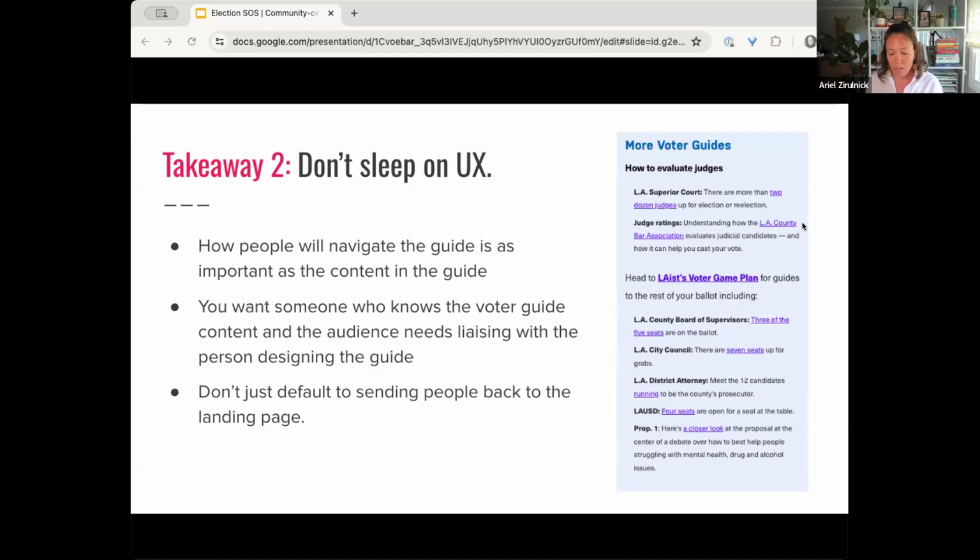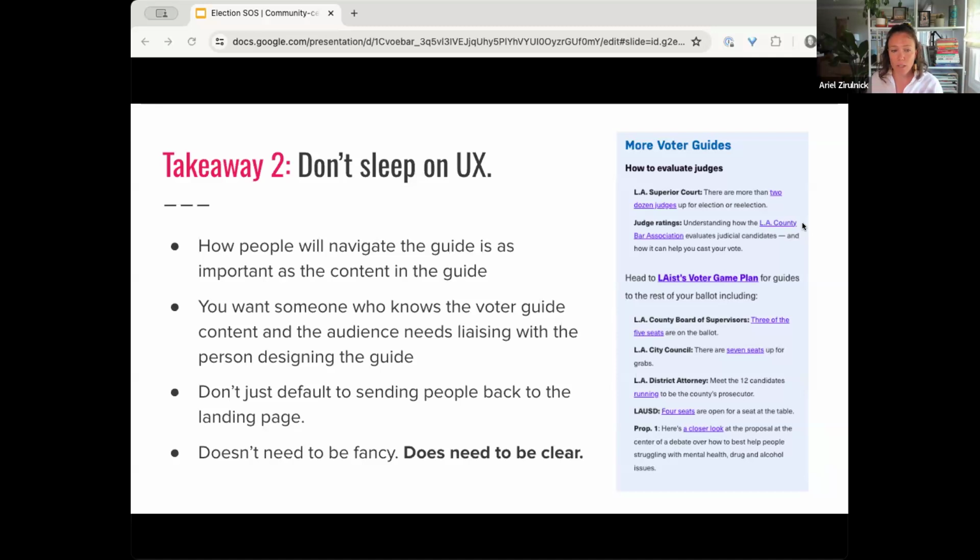Early on, our default was to send people back to the landing page, but then people were sort of lost in a page of 20-something links. And so we thought instead, how do we just help them keep going from race to race instead of bringing them back to the election guide all the time? And you can see an example of how we did that in the 2024 primary on the right side of the screen. What you see there is a navigation box that appeared about halfway down most of our voter guides and prioritized the races, sort of brought the most attention to the races that we were getting the most questions about, not necessarily, as Bree already said, the sort of hottest races.